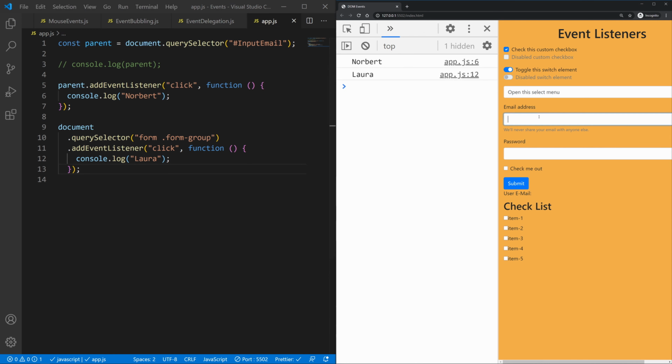So if we click email, then Norbert and LoRa is run. If we click password, nothing happens because when we selected this with query selector, only the first form group was selected. Now, if I click on the form, anywhere within the form,